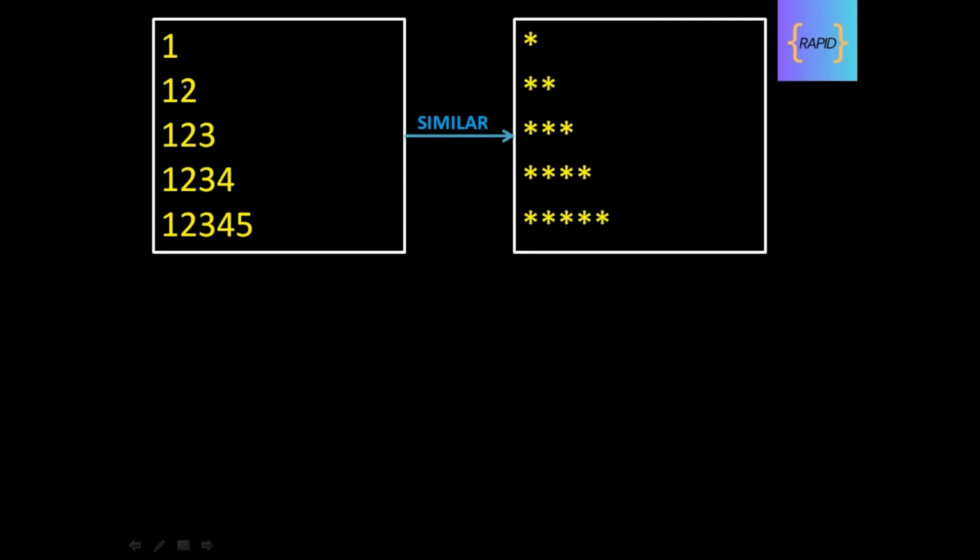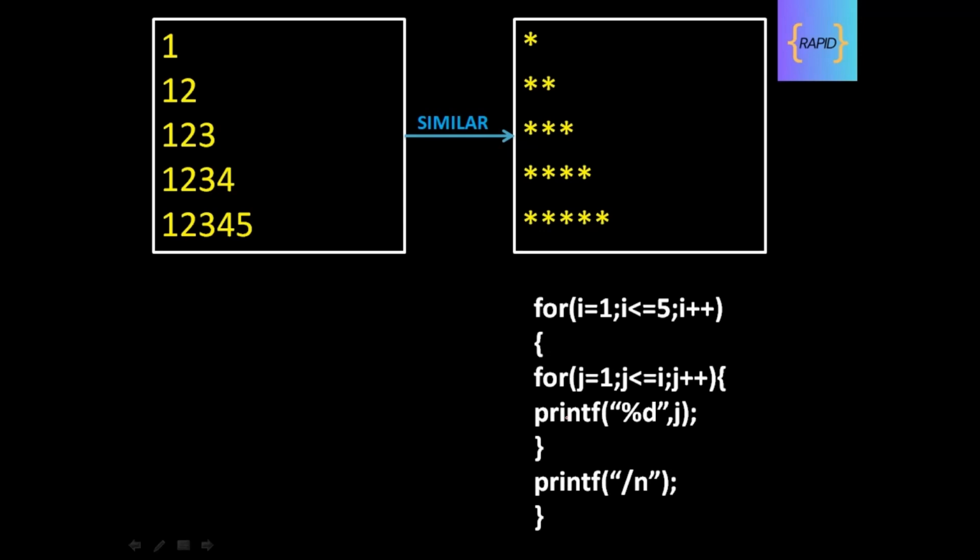See guys, if we print j, j is 1. In the second row, j again will become 1 and after updating it will become 2. In the third row, it will again become 1. So we can print j here. So let's see the program. See here, the only difference is we are printing j here. So guys, without wasting time, let me show you this program also in VS Code.